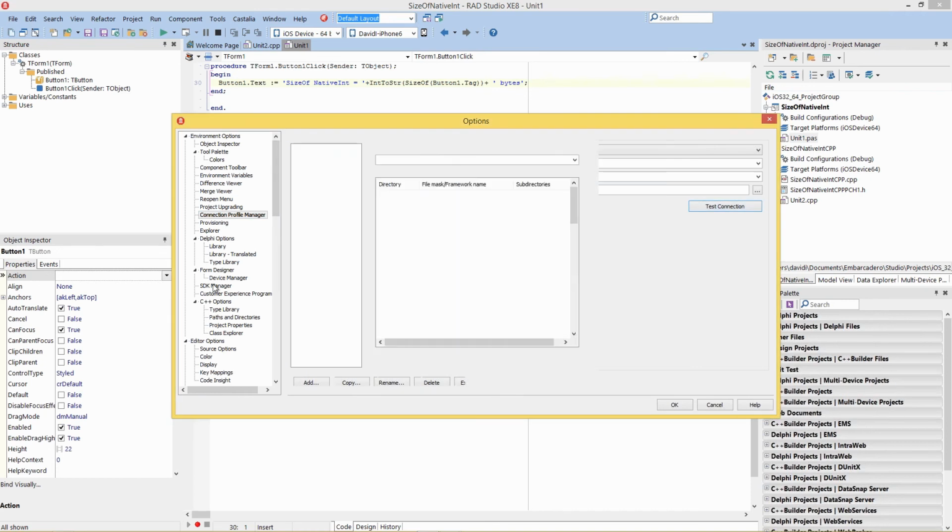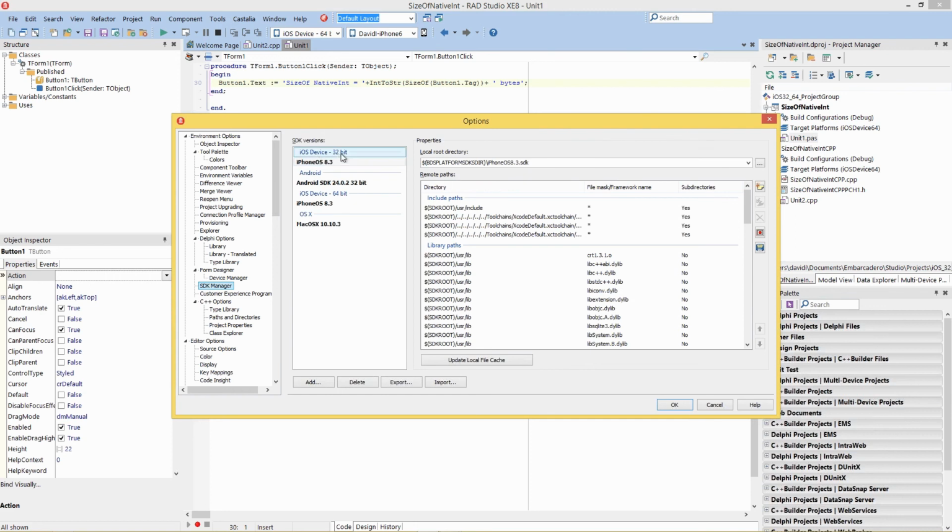And then in the SDK Manager, I've installed a 32-bit device target and a 64-bit device target, and pointed to the list of includes and library paths that were found by adding that profile and getting the information via the IDE to the Platform Assistant Server from the SDKs that are installed, in my case 8.3 iOS and Mac OS X